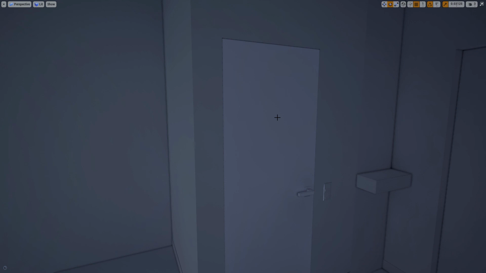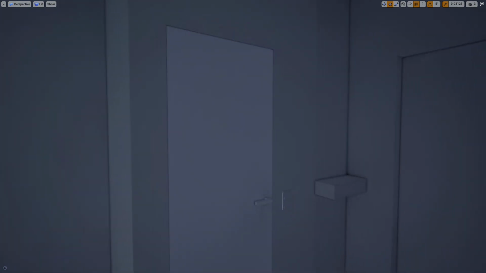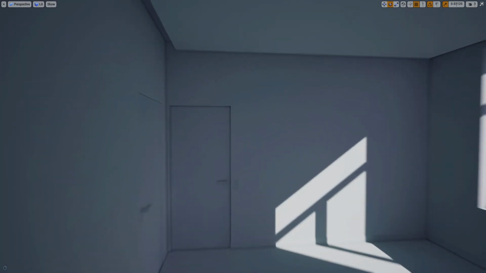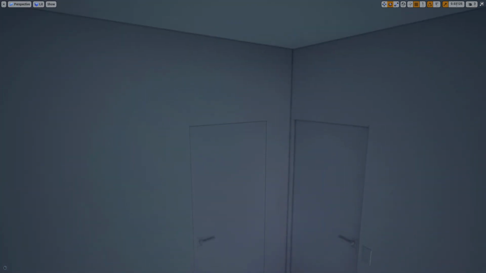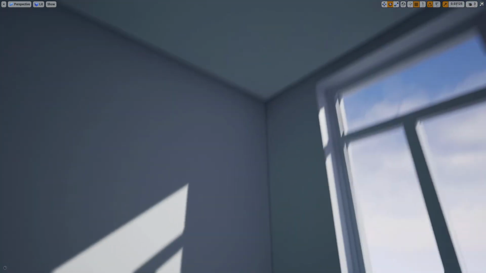This door is looking way brighter for some reason. This one here too. Other doors are looking fine, by the way.